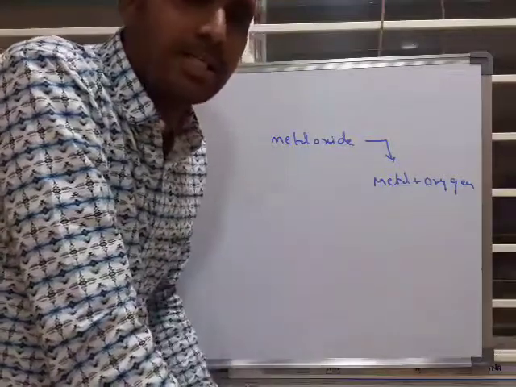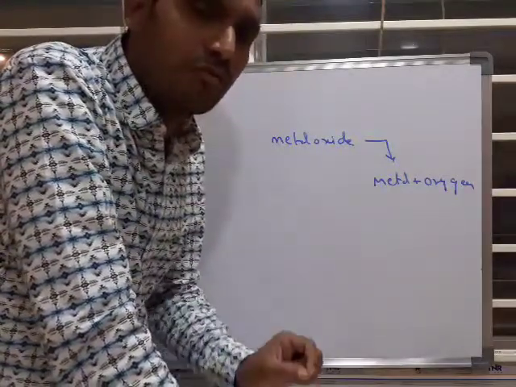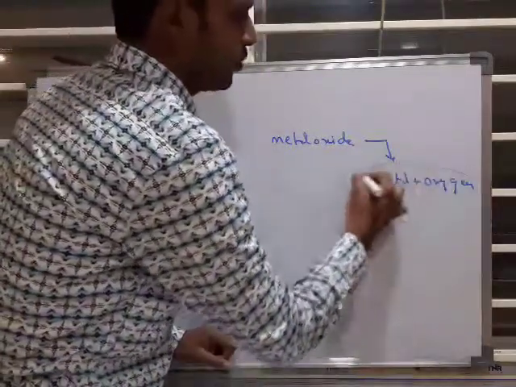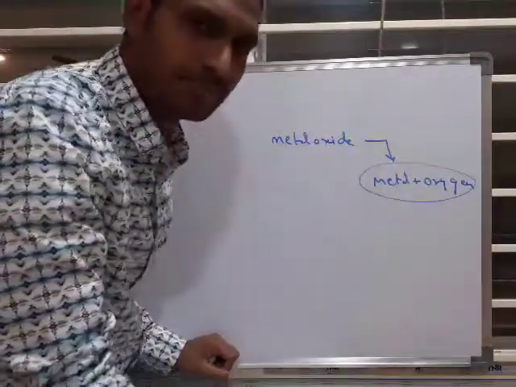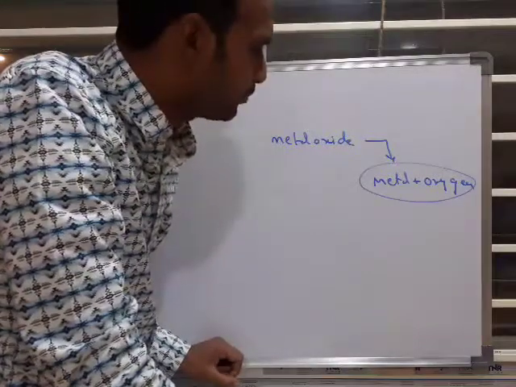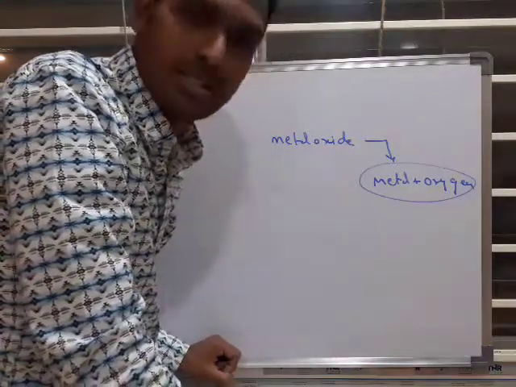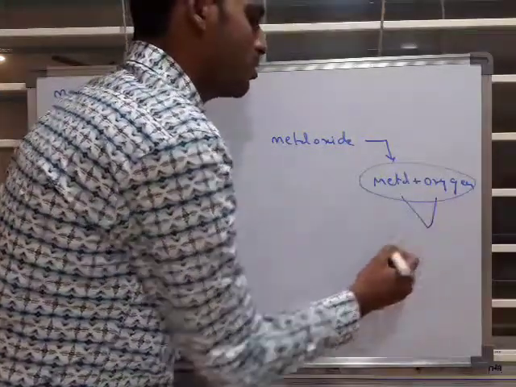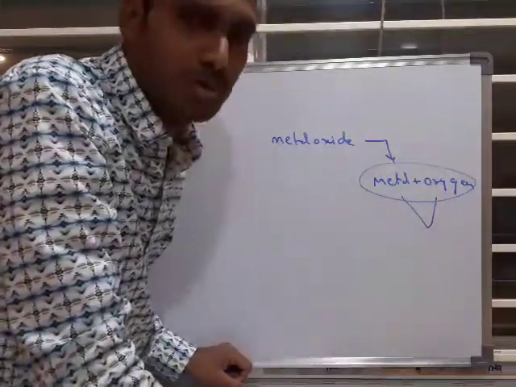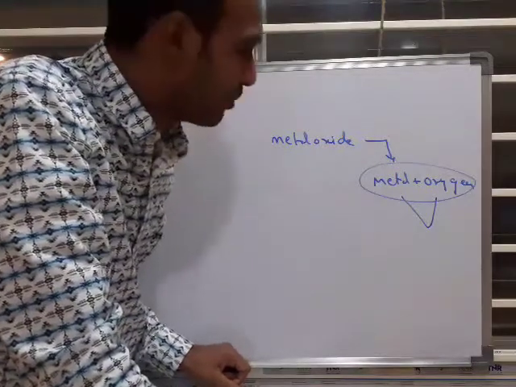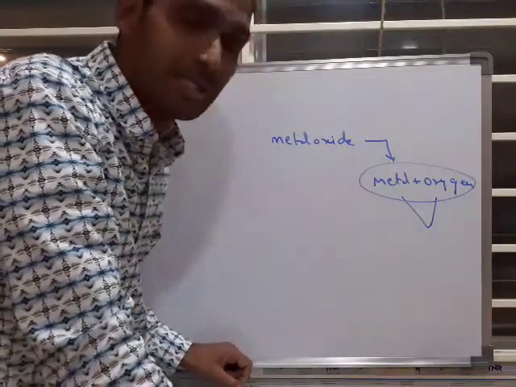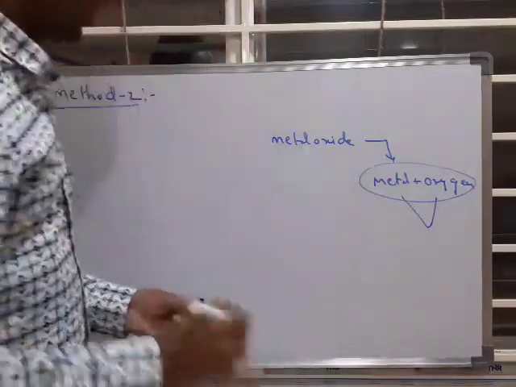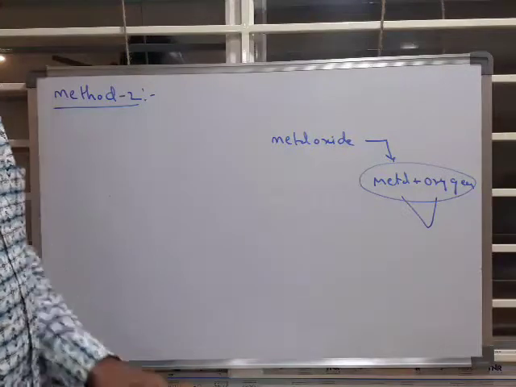So the second method is just that we are taking in terms of only products. Here we look at the two products, metal plus oxygen. These two formed also follow the rule, that is the equivalence rule. Take the milli equivalence of formed metal equal to the equivalence of formed oxygen. So therefore we can write the step that